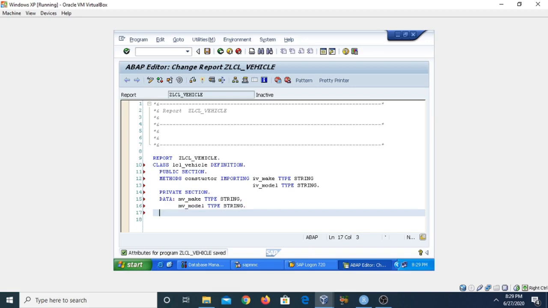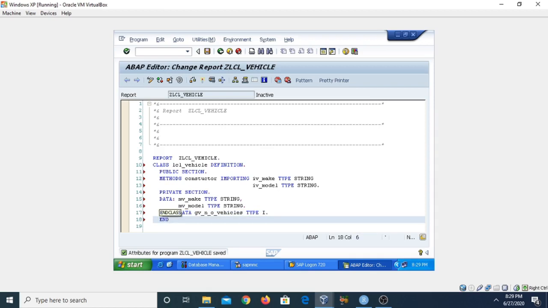Now I am also taking an example of the static attributes, and generally we declare the static attributes with the help of class data. So we can also take here class data GV_no_of_vehicles, and I am assigning the integer type, and then end class.